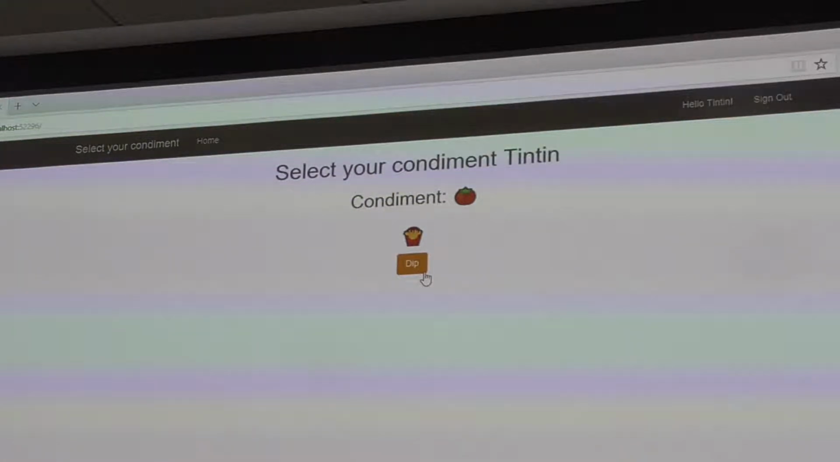What is the difference between ketchup and catsup? Pronunciation. Tomatoes. Is it like a northern southern thing? I don't think so. Okay. Potato. Yeah, so